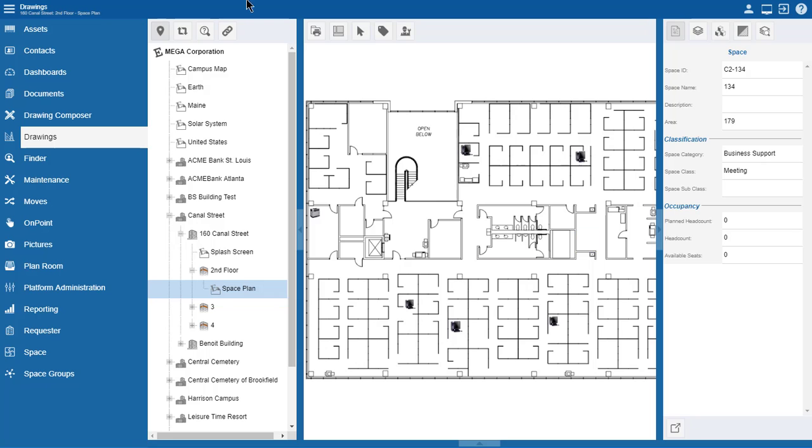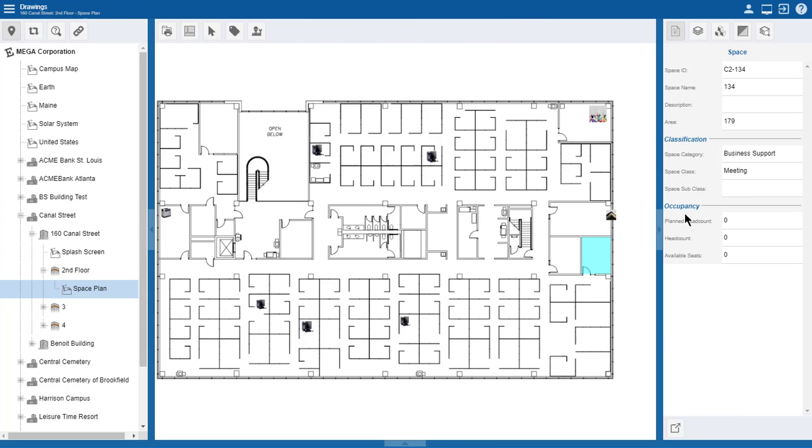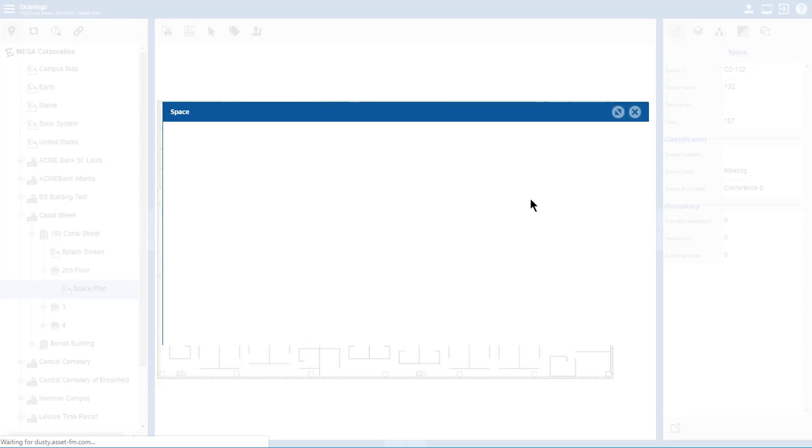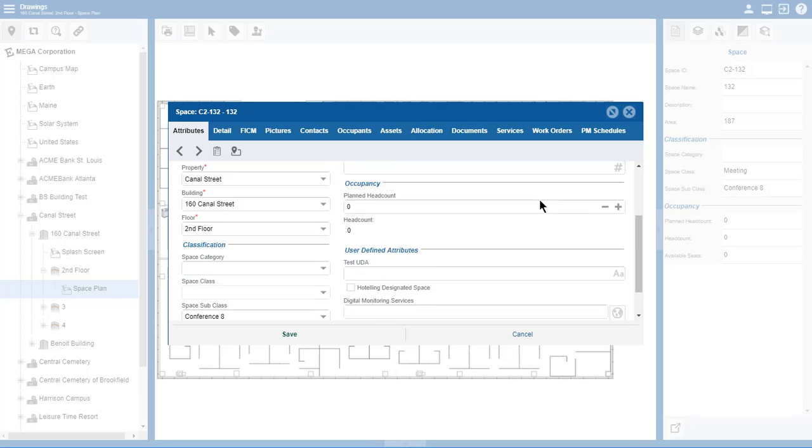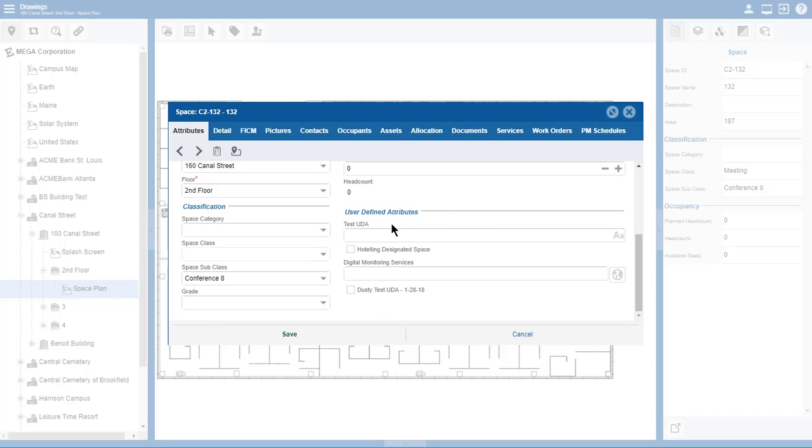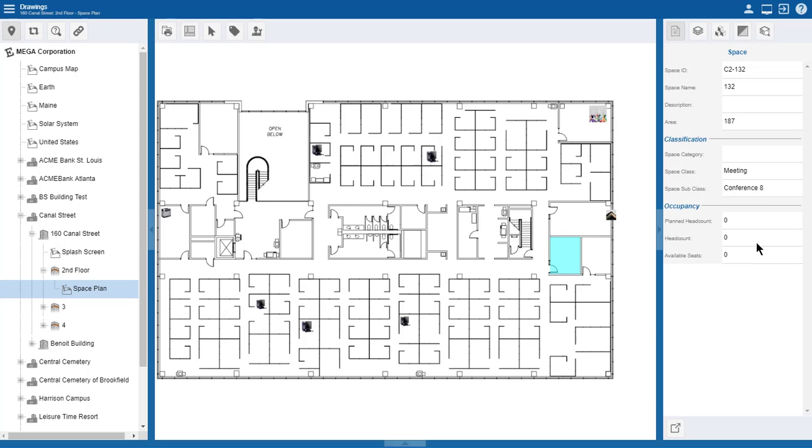Viewer and we take a look at a particular space, and these two here are a good example. So this one here, you notice, doesn't have a category, but it does have a space of meeting. And if I open that record and scroll down to user-defined attributes, you don't see the supports catering UDA, where if I open up this space,